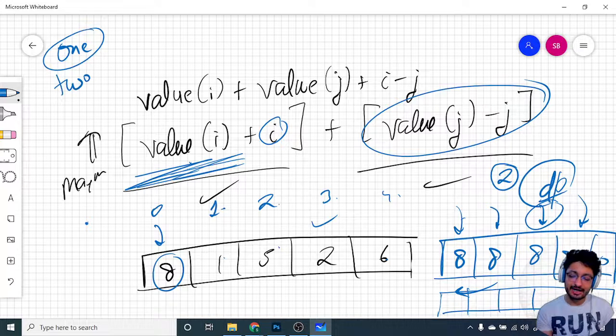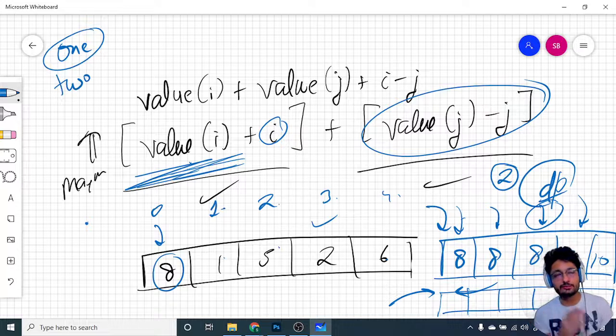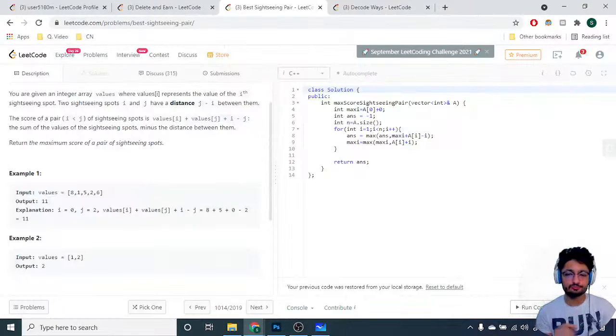So it means that I'm only doing a for loop. I've calculated a for loop using a DP table, and then I'm doing another for loop for the value of A[j] minus j. But for that A[j] minus j, I have stored the value of A[i] plus i till that point. So that will form a pair because I want to maximize both of these terms. Cool. So that's the logic for this problem. Let's move down to the code part now.